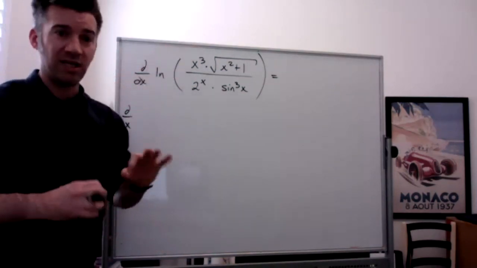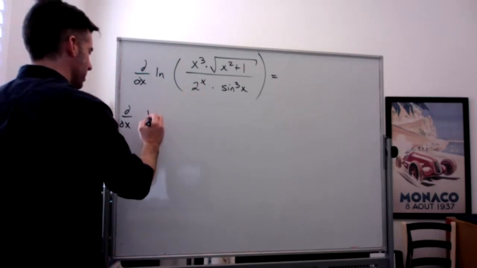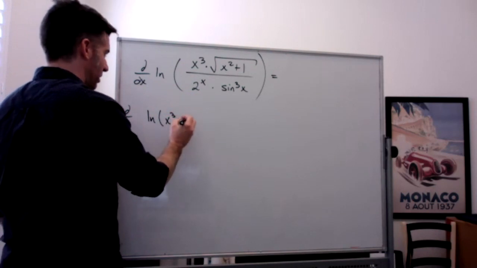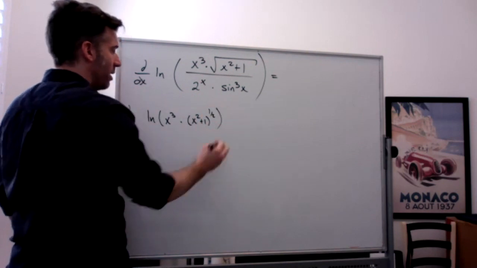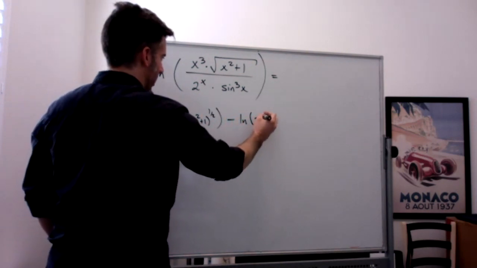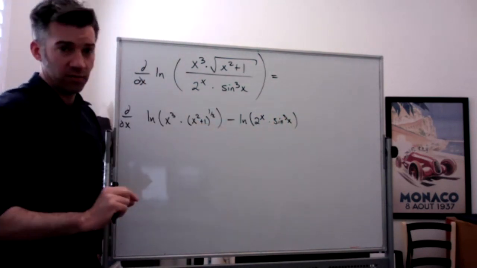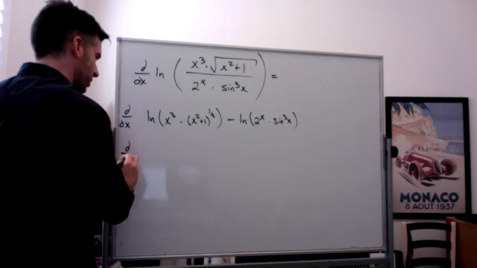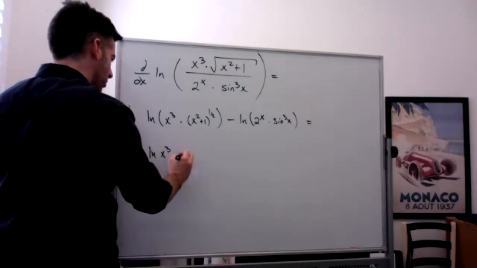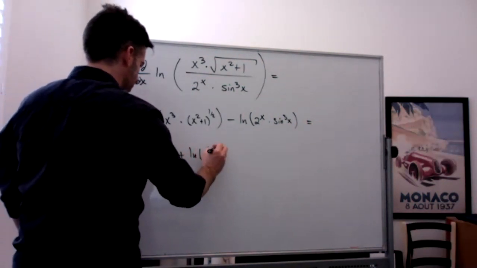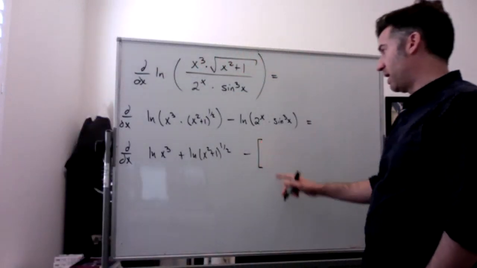The things on the top always get positive coefficients. The things on the bottom always get negative coefficients. So we can break this up as the natural log of x cubed times x squared plus 1 to the 1/2, minus the natural log of 2 to the x times sine cubed x. And then we use the product rule for logarithms to break these up again. This is equal to the derivative of the natural log of x cubed plus the natural log of x squared plus 1 to the 1/2, minus